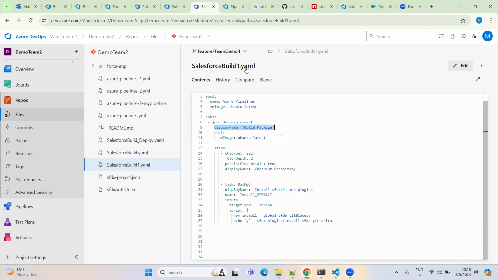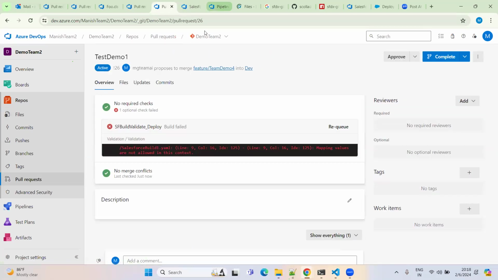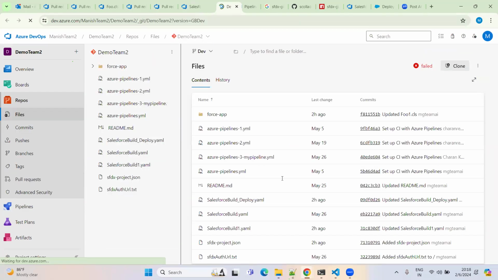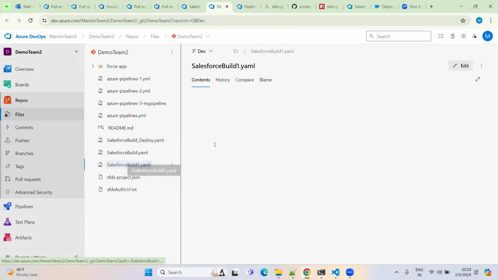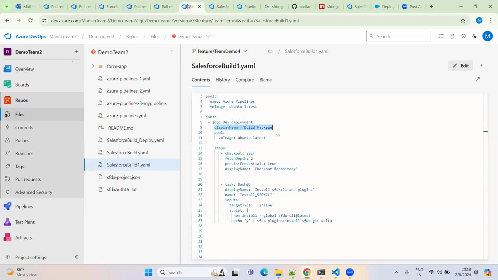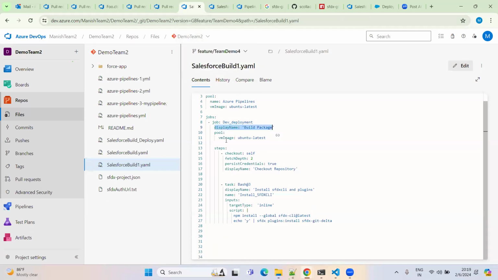Let me check here. This will happen and is very annoying when you work in the real world. Look, I have done something wrong. In line 9, I have given some space. You see, for testing, I provided some space, right? Display